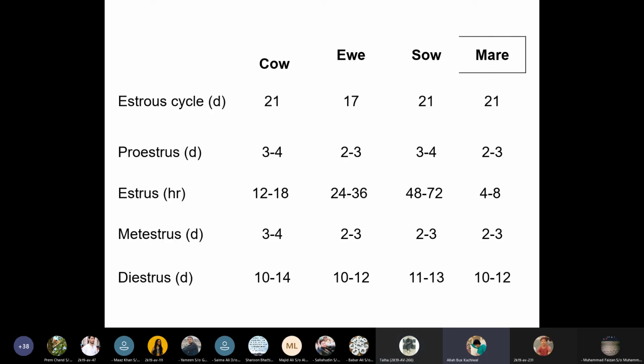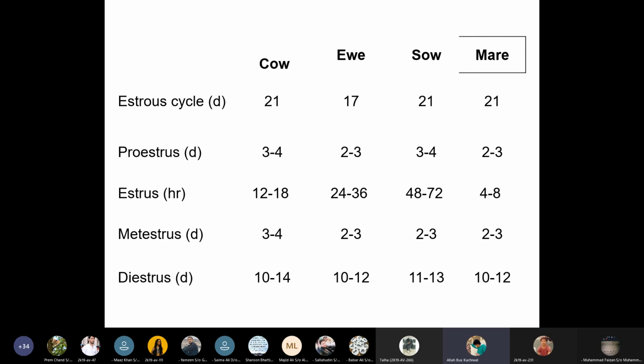The estrous cycle is 21 days in the cow, 17 days in the ewes, 21 days in the sow, and 21 days in the mare. Proestrus is 3 to 4 days in the cows, 2 to 3 days in the ewes, 3 to 4 days in the sow, and 2 to 3 days in the mare. Estrus is 12 to 18 hours in the cow, 24 to 36 hours in the ewes, 48 to 72 hours in the sow, and 4 to 8